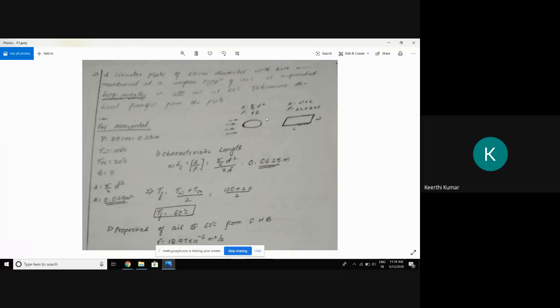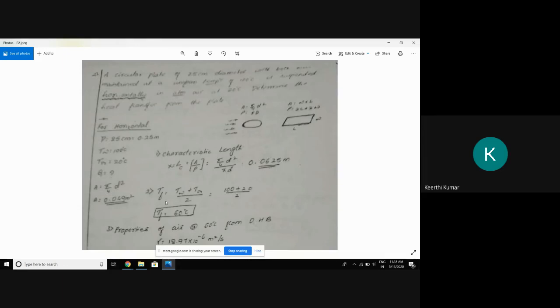Then we'll go first. In this case, we will find out the characteristic length. Remember, we will find out the characteristic length. This is one more new step. Characteristic length is A by P. Again, he has not given whether it is forced convection or free convection. So how to identify? Check in the question: there is no velocity given and no mass flow of the fluid given, so we'll consider it as free convection. So find the value of L_c, that is area by perimeter, and we will get the value of characteristic length as this one.